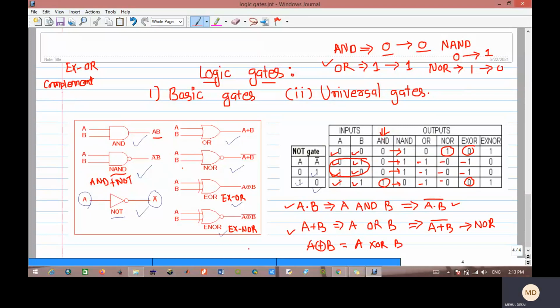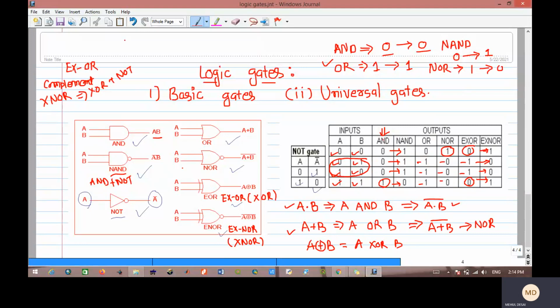Okay. Now this is XOR, so it is written as a XOR, and this is XNOR, so it is written as a XNOR. Now XNOR is nothing but the opposite of XOR, meaning XOR plus a NOT gate. So whatever output we get from the XOR, the complement output we get in the XNOR gate. So here 1, so it is 0, here 0, so it is 1.